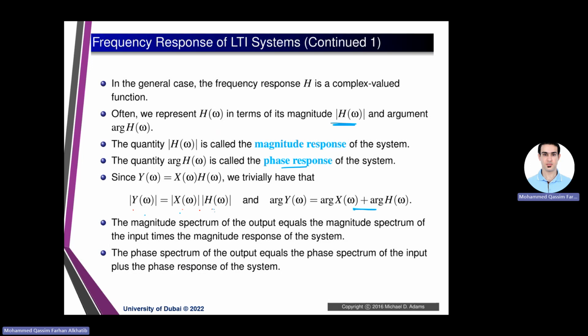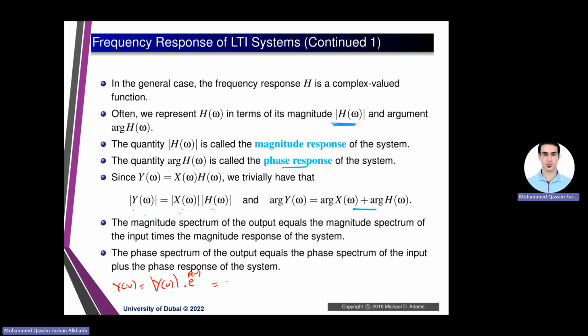Now in phases, we don't do multiplication, we add the angles, or we add the phases, simply because each expression here, Y of omega equals the amplitude of Y times e to the power the phase of Y,